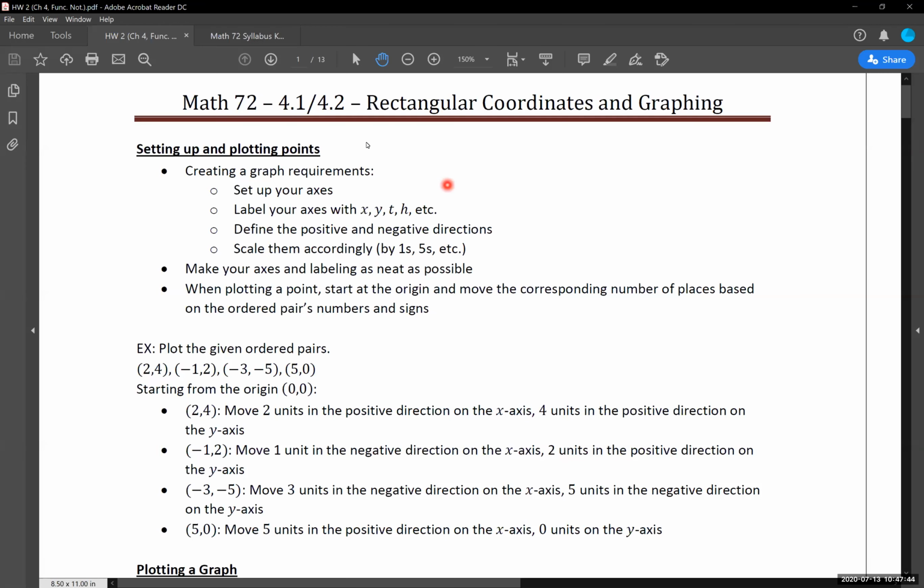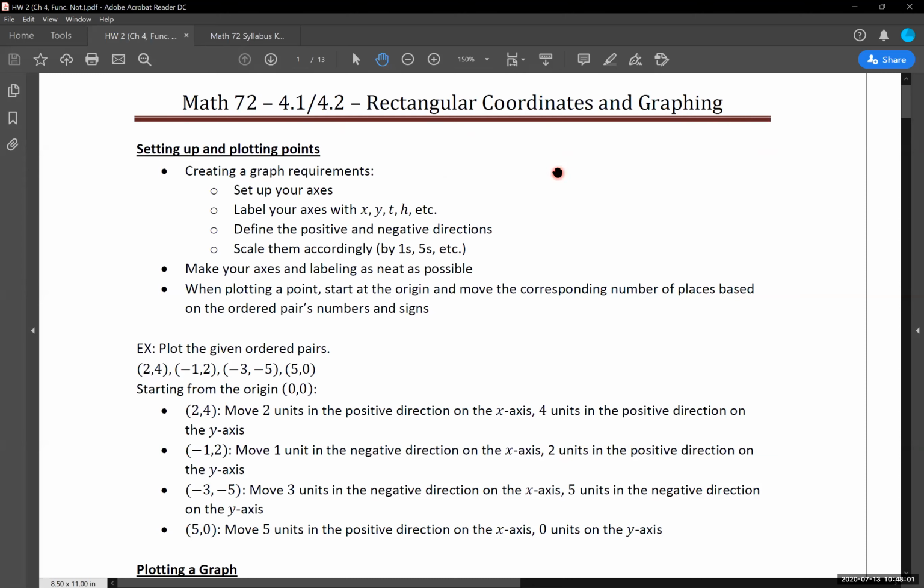So today we're going to be covering 4.1 and 4.2, dealing with the rectangular coordinate system and graphing. A fair amount of this should be review. We covered this in our previous class, Math 70, but again, we're going to go through this just to make